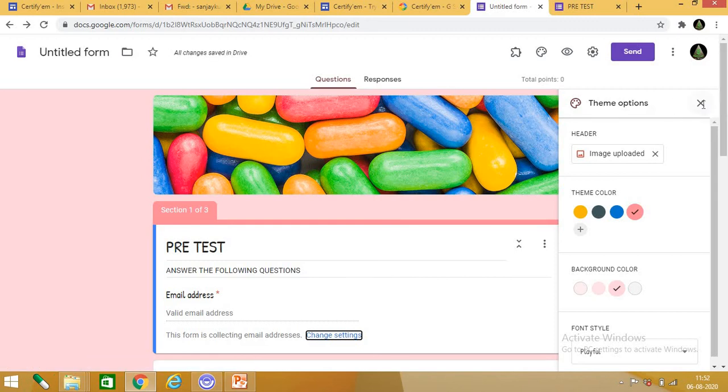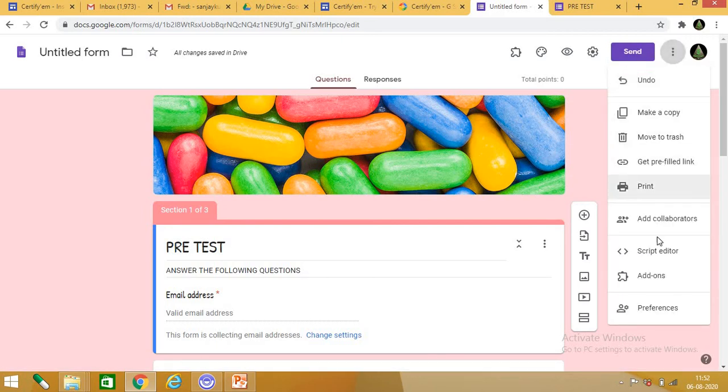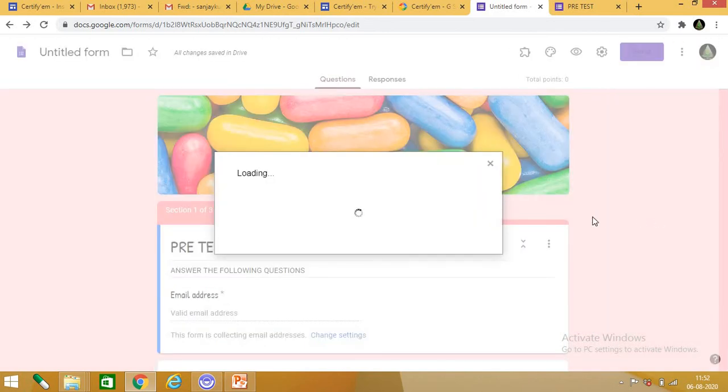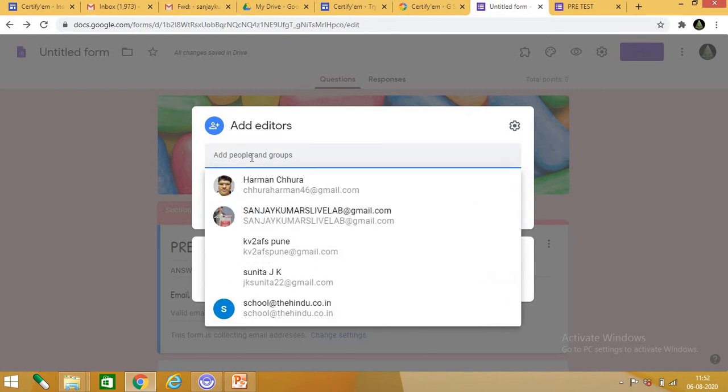Okay, next one is more options. So this is also a good one. Always remember, add collaborators. If you want your friend to edit the form, you can add him as a collaborator. Then it will ask whom you want to add. Here you have to give the email ID.